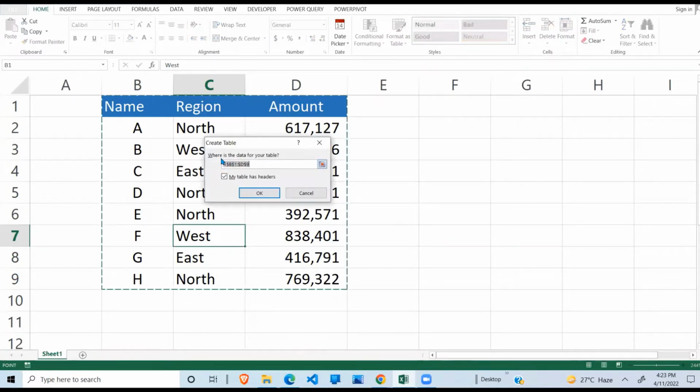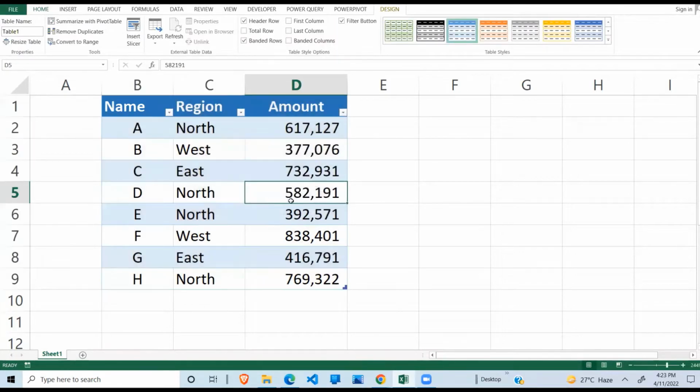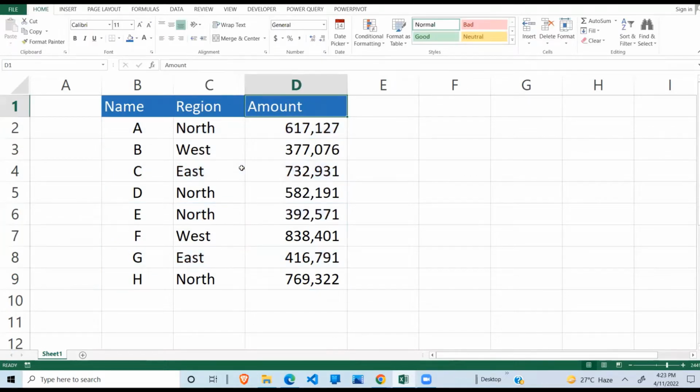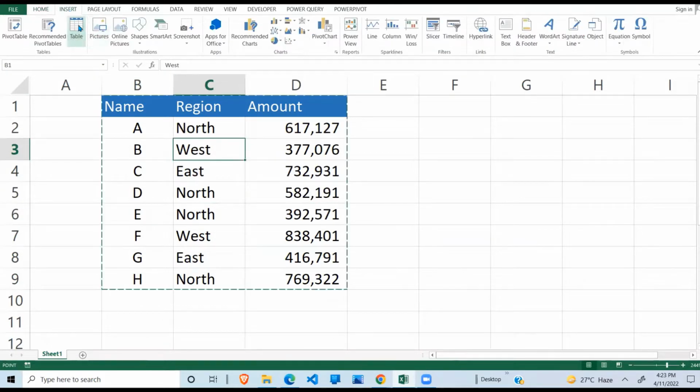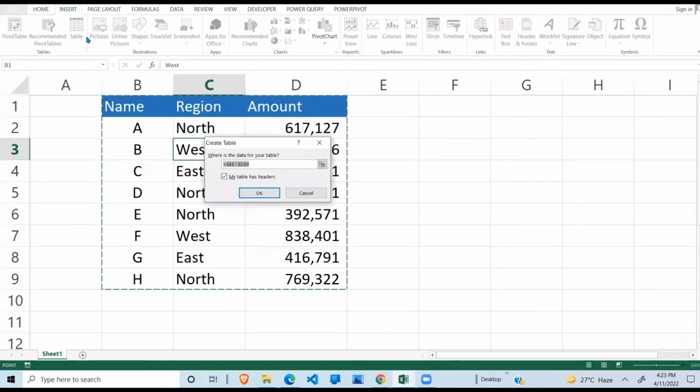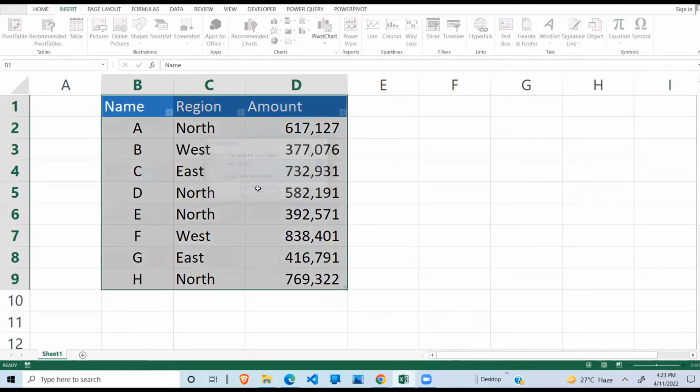Then it says, where is the data? My table has headers. You say, yes, these are my headers. If you didn't have headers, I would untick this, but this has headers. So I'll say okay, and in this way, I've created a table. Let me undo this and go back. The other way to do this is to go to Insert, then click on Table, which brings the same dialog. Say